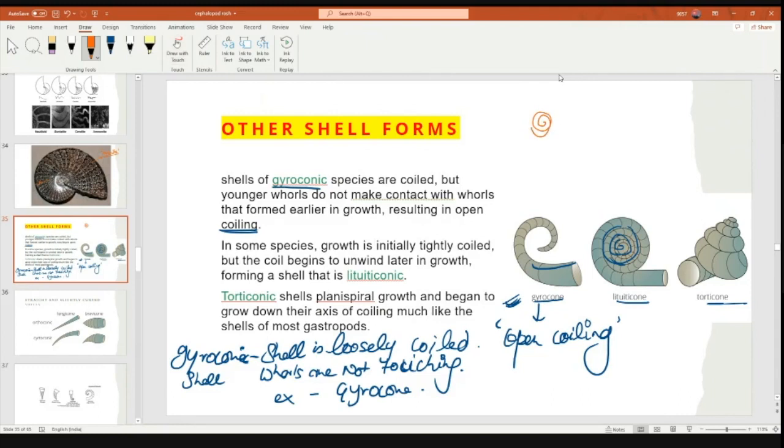जो earlier cell थे, जो जहां से generation of cell हुआ, so see this is the protoconch, right? All these in the center is the protoconch. Protoconch is basically the initial cell of the cephalopod. The protoconch terminology we also use in the gastropod, which is the initial embryonic stage of the cell. So gastropod में भी हम protoconch word use करते हैं, and here also we are going to use protoconch. So protoconch is basically the initial stage of the cell.